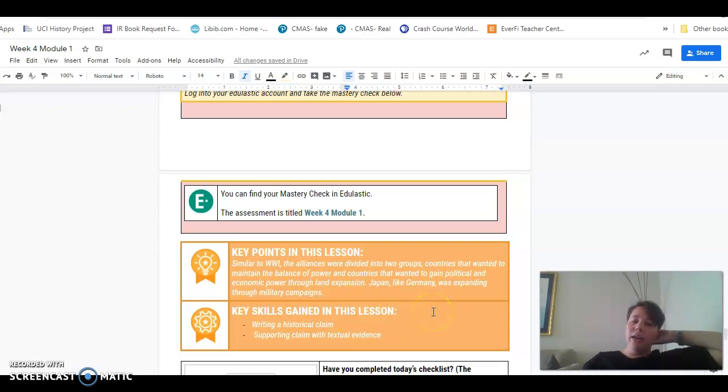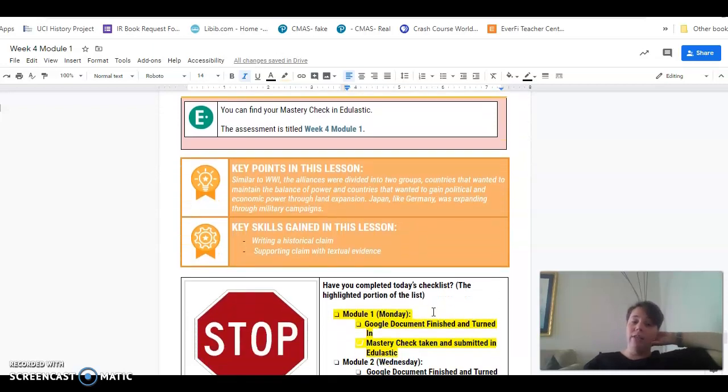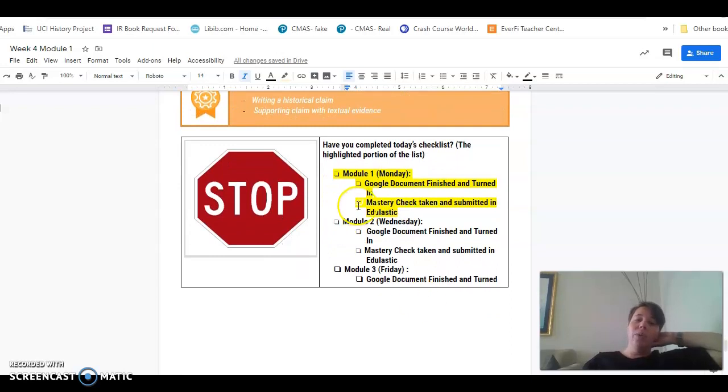You should have gained an ability to write a historical claim. That's continued practice. And your supporting claim with textual evidence. Again, that's further practice. Make sure that you have turned in your Google Doc, you've done your mastery check, and